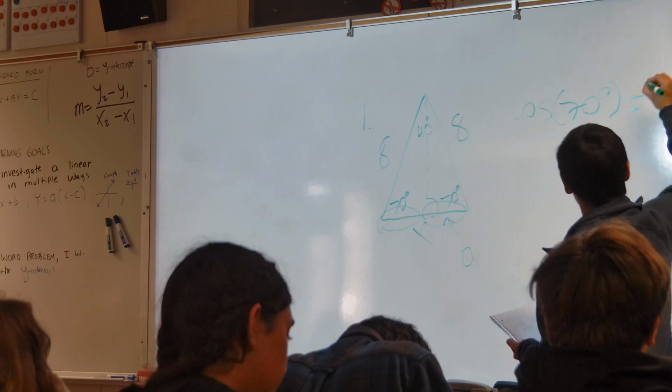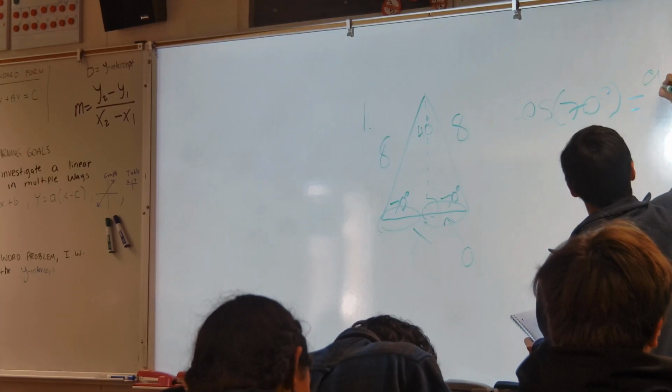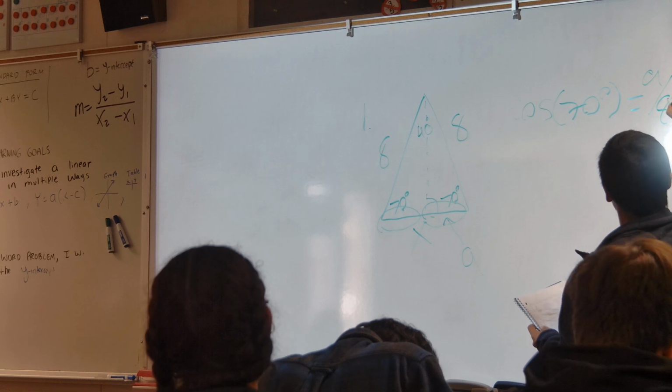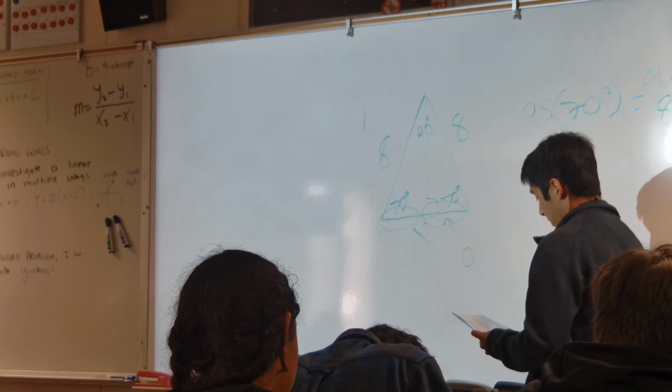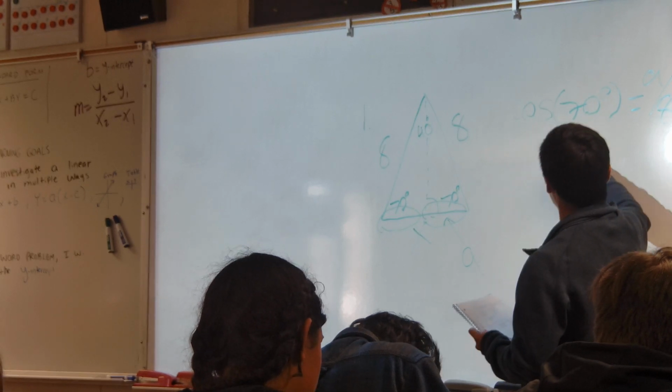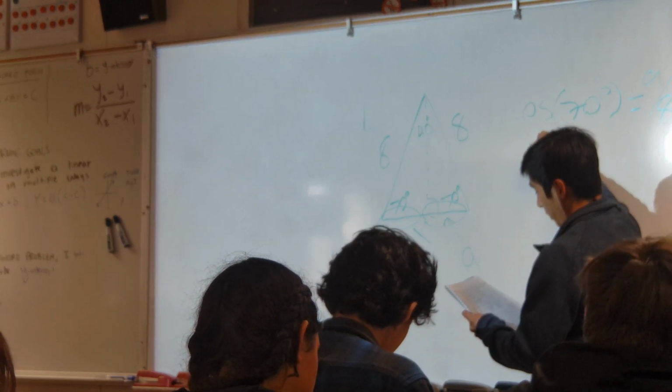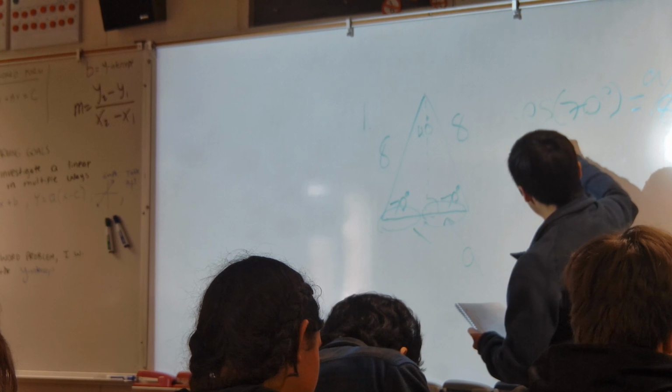And so we do A over 8, and then we solve. So if you guys put that in the calculator, you should get cosine 70. You should get 0.34